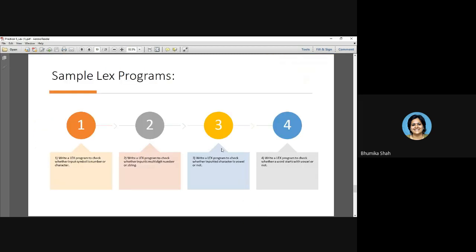That is simple. These four programs you will have to do today, and a humble request, please don't Google for the code, because the code will be easily available. But once you Google, you won't write on your own. It is possible that the very first time you write a Lex program, you will make many mistakes. But that is needed. Unless you make mistakes, you won't learn. So please write the programs on your own only.